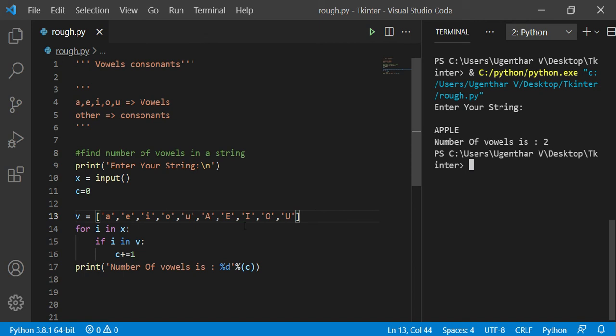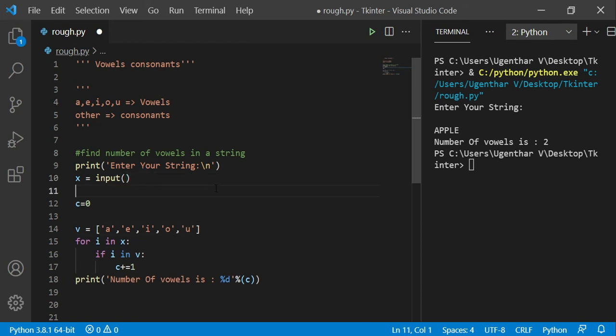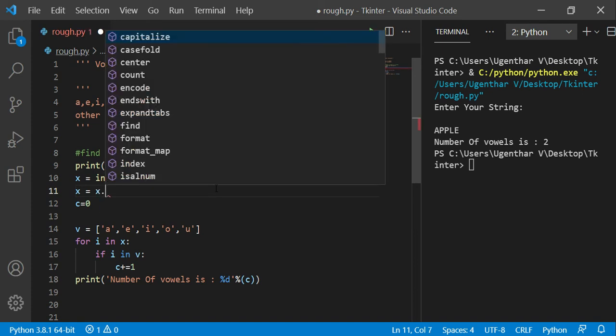This is one way. You can use another way too: you can convert the entire input string into lowercase, so that all the alphabets will be converted into lowercase, x dot lower.